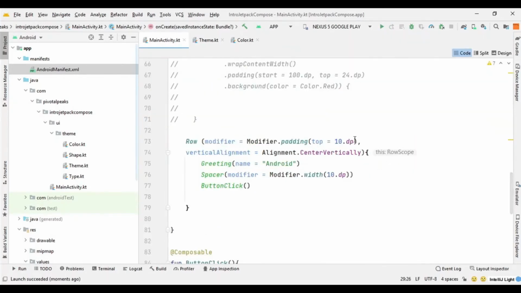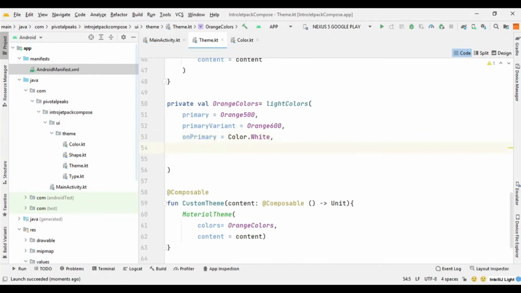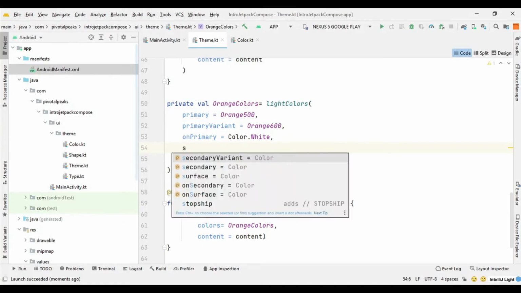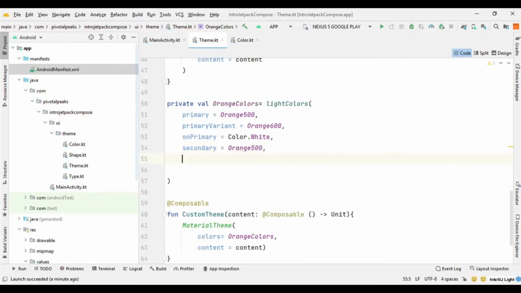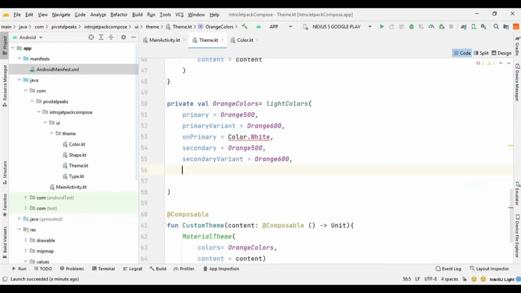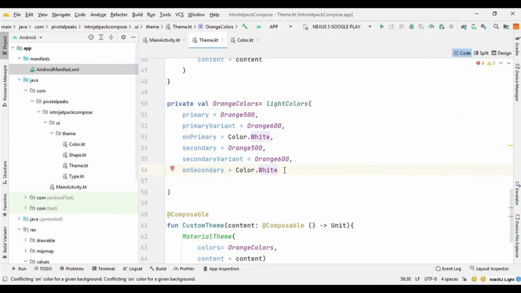So we need some more parameters in our light colors, otherwise it will not apply on the button. So for that we need to apply the secondary color as well. So I will say secondary orange 500, and secondary variant orange 600, and on secondary we will leave it to color dot white, and we should be good.